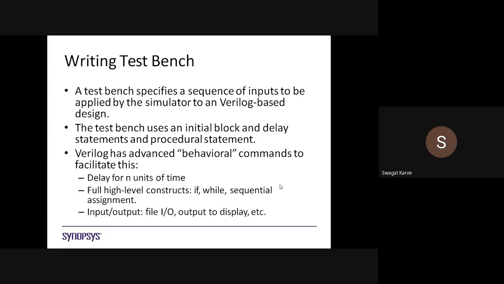One more thing to remember: the test bench uses an initial block, delay statements and procedural statements. The initial block does the same job as the always statement, but the name we use in a test bench is initial. So always remember, whenever you find the initial command, you immediately recognize that it is a Verilog test bench.